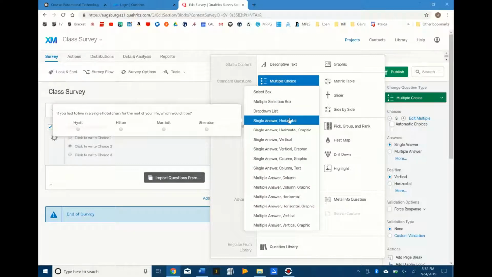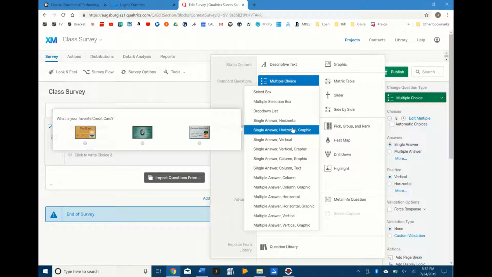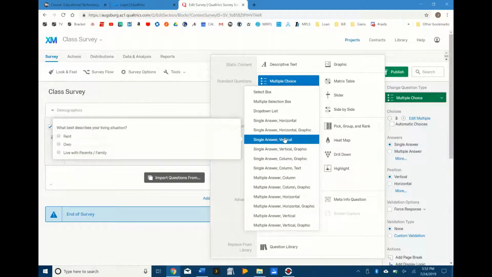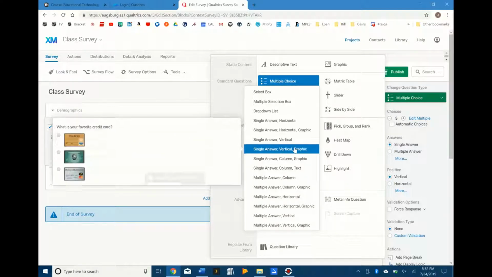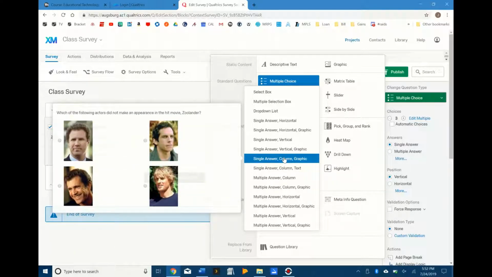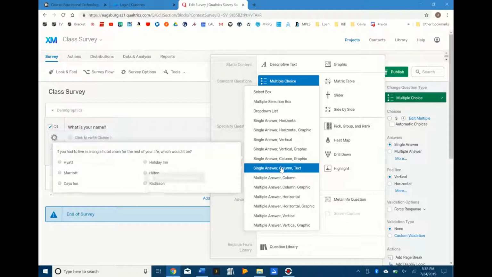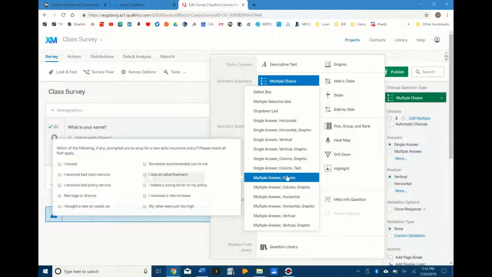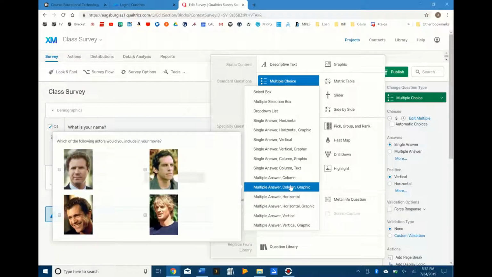So if you don't want to be able to just choose one, or you want to add graphics, if you want your look to be vertical, if you want it to be columns, if you want it to be horizontal straight across,